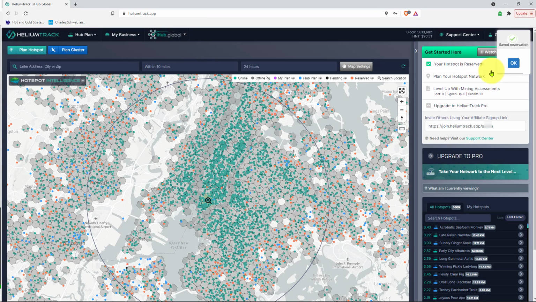And boom, saved reservation. We click OK, and you see now here there is the green box with a tick. Your hotspot is reserved. Now also you automatically have an affiliate or referral link. You can find this one here as well if you want to share it with another friend. And this is basically it for now. We can just